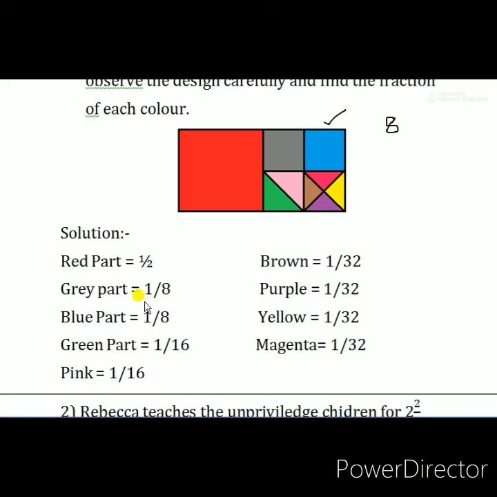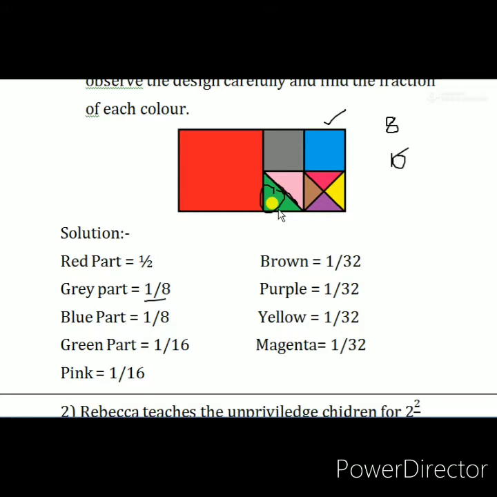Now we will see the green part. Here those 8 parts are again divided into halves. So these 4 parts are divided into halves. That means a total of 16 parts are formed. 8 plus 8 is 16. That means the 8 parts are divided again, so we get 16 parts. Out of that, one part is colored green. That is 1 upon 16, one part colored out of 16.